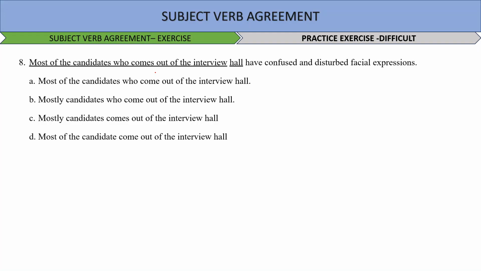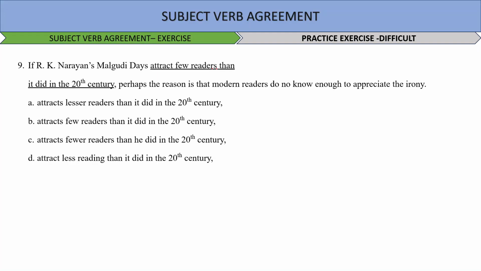Next question. If R.K. Narayan's Malgudi Days attract fewer readers than it did in the 20th century, perhaps the reason is that the modern readers do not know enough to appreciate the irony. Now we have to see attract fewer readers than it did in the 20th century. So you see in